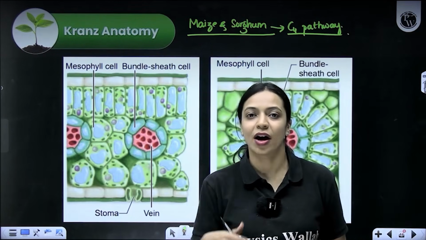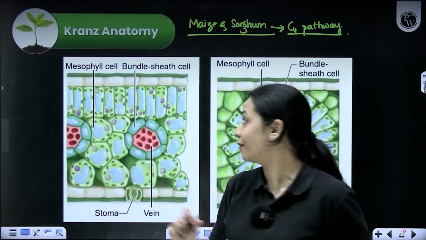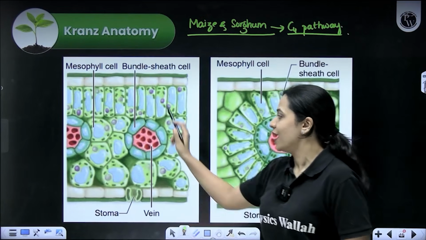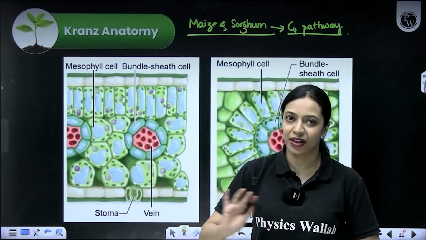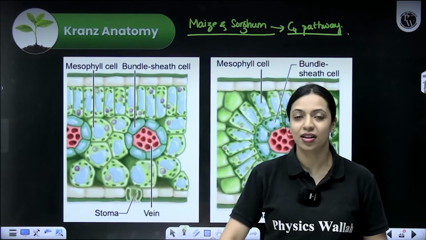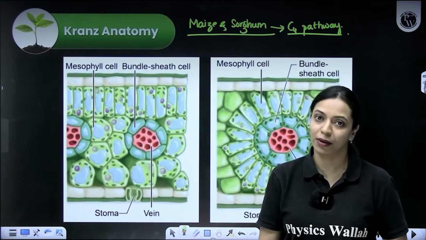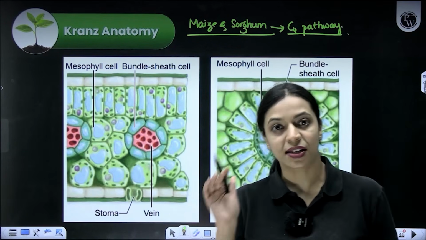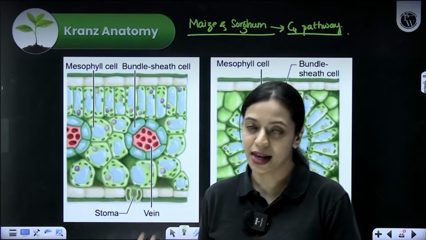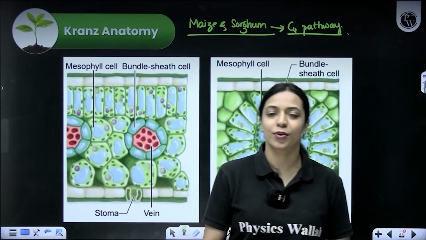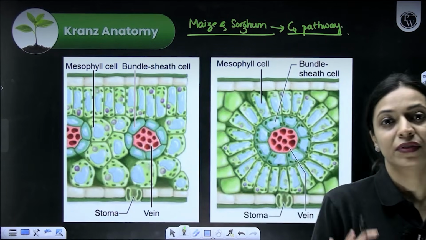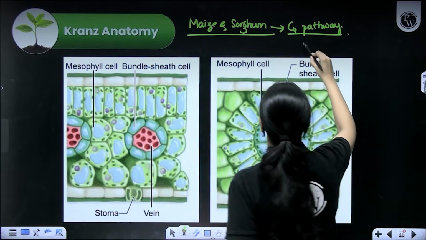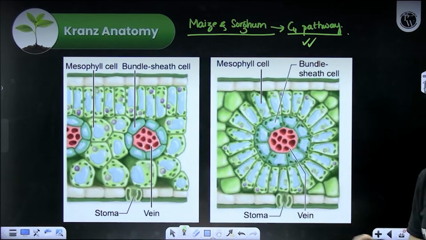In normal leaves, how do you find the leaf anatomy? You have the upper epidermis, lower epidermis, and then the mesophyll cells. In the center, wherever veins are present, you will find xylem and phloem, that's the vascular bundles. Surrounding the vascular bundles, you will find the bundle sheath. In most cases, it is the mesophyll cells where the Calvin cycle takes place, lots of chloroplasts are present and photosynthesis actively happens. But in these plants where the C4 pathway takes place, they have a different type of